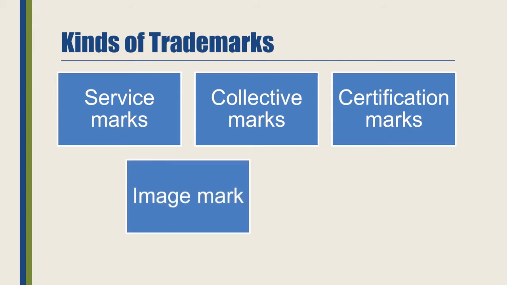Now, image marks. They are really interesting. This mark is given provided the architectural design is that of a building owned by an individual or a company. For example, the Taj Mahal Palace Hotel at Mumbai. You all have heard of it. It has been granted image trademark or architectural design. But in such cases, the building should be recognizable by many people. The building should represent a brand that associates a product or service to the source.